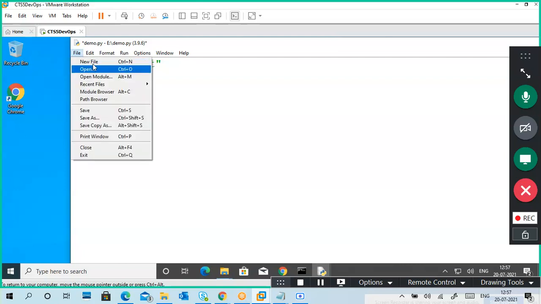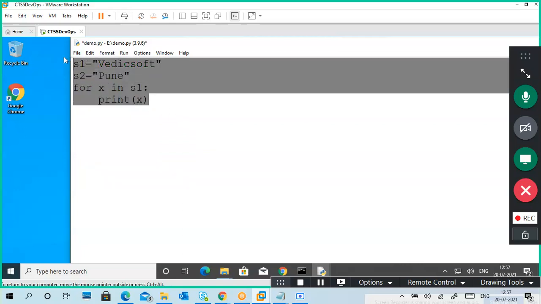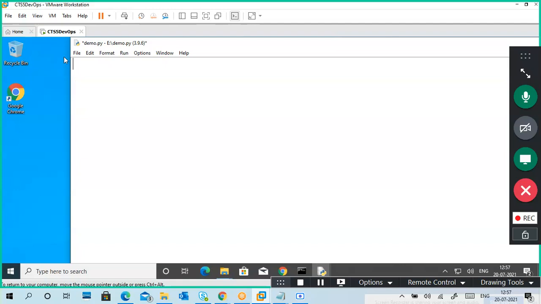Like this you can create a new file and write a program here and access anything. I am removing everything. For example, a is equal to 10, b is equal to 20, print a plus b, a plus b, comma, like this.